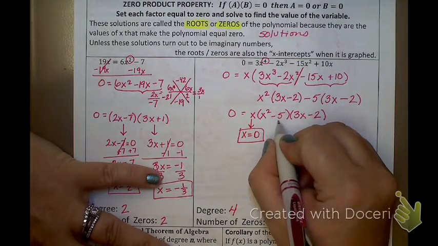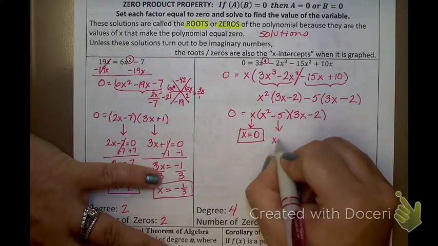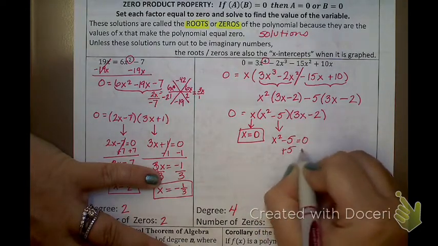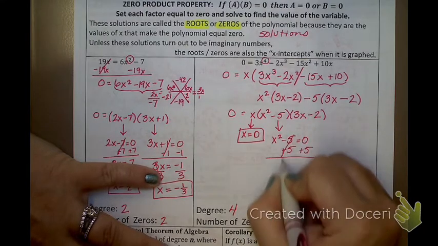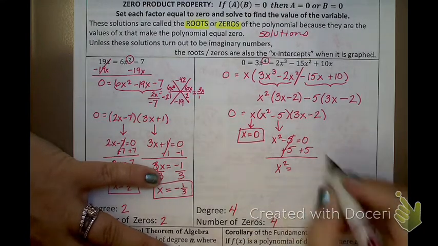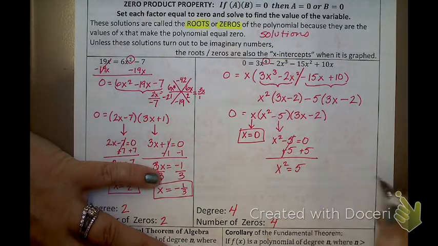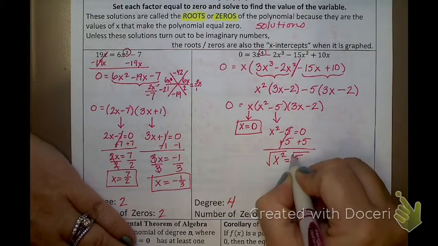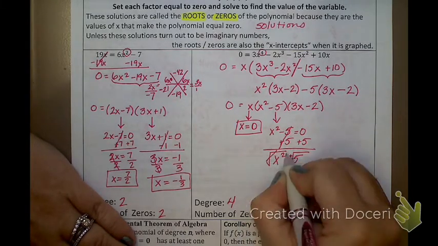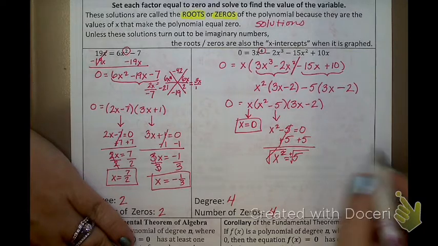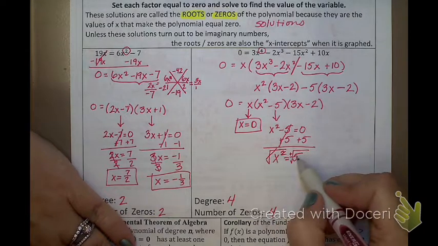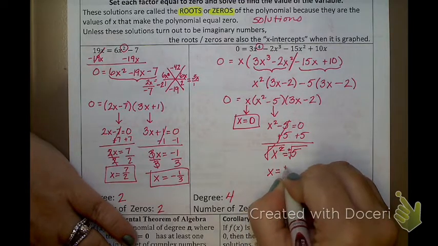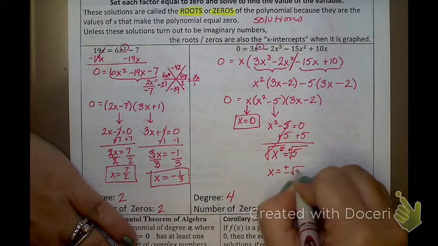All right? Next, I'm going to set this guy equal to 0. X squared minus 5 equals 0. I'm going to add 5. So I get x squared equals 0 plus 5 is 5. Now to get the x squared gone and get it down to x, I have to square root. And anytime I take the square root, I have to remember plus and minus. Because, for example, the square root of 9 is both 3 and negative 3. I have to remember both of those. So I'm going to write this one as x equals positive and negative radical 5.